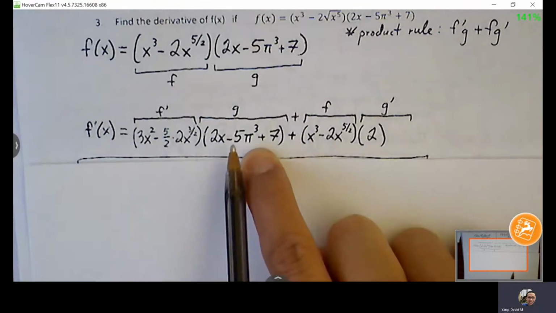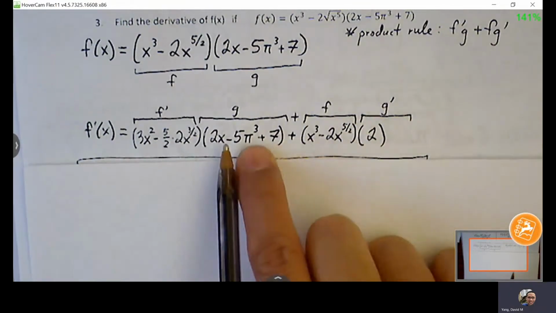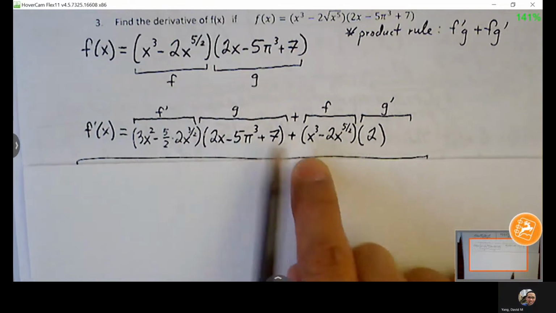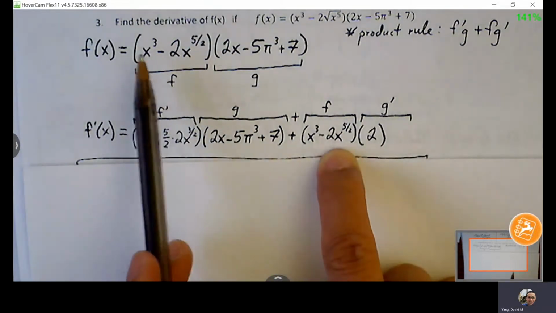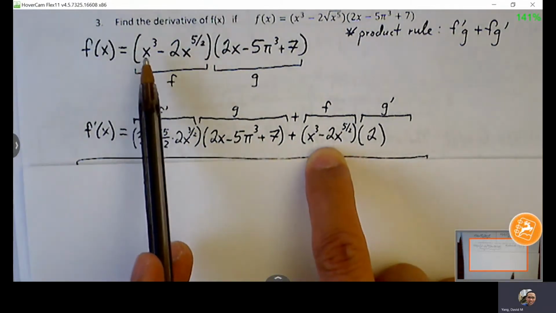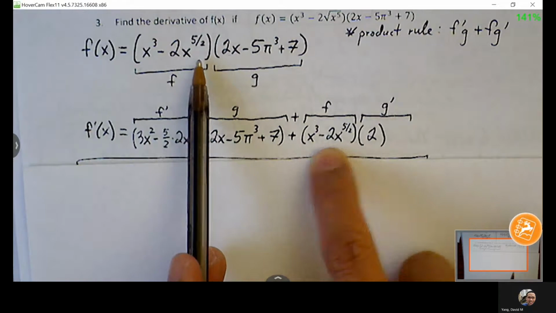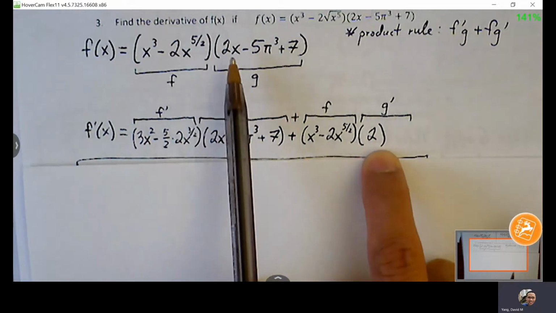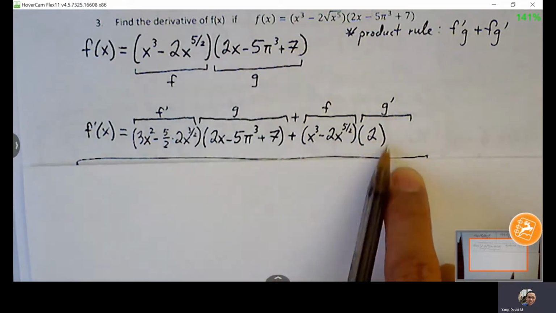The original g function unchanged. We're just going to bring that down. That's what the rule says. Plus, back to the original function, copy that down, and then g prime. So g prime, we have to go through and find the derivative of each term and insert it in this